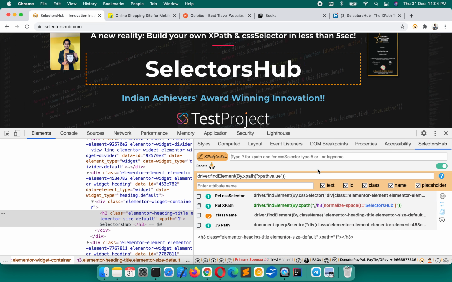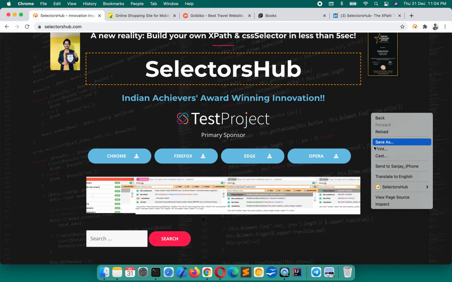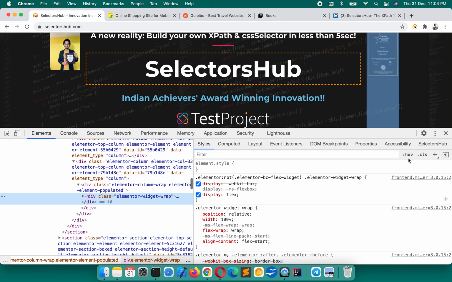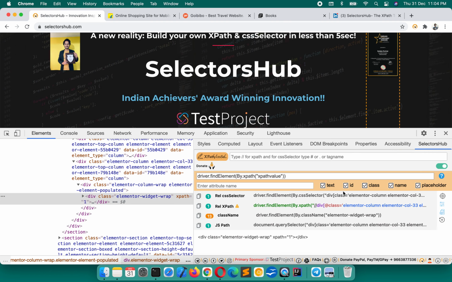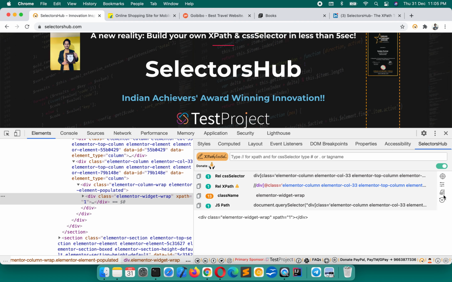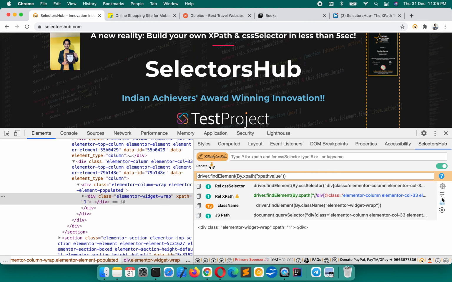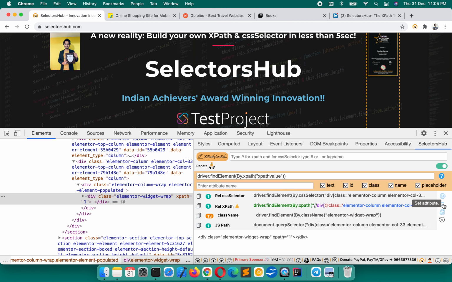Whatever UI you set here, if you open the Selectors Hub sub tab next time, it will open with the same UI. And if you don't want to see this command and these attribute filters, you can turn them off, and whenever you want you can turn them on one by one.